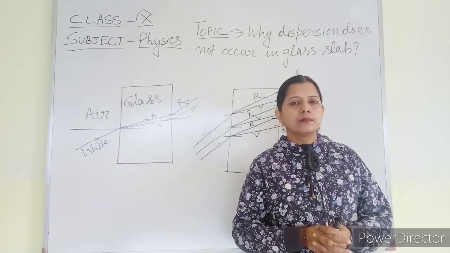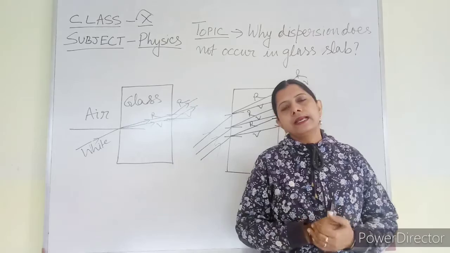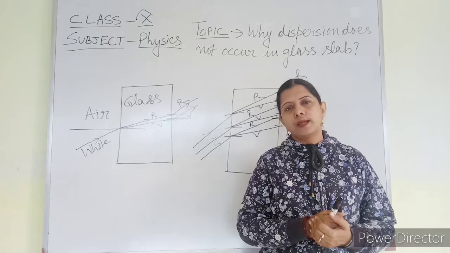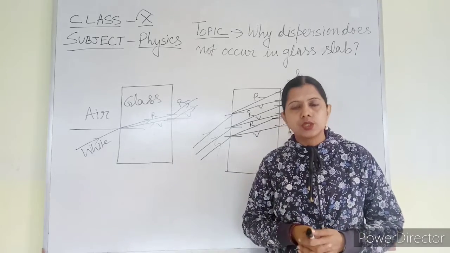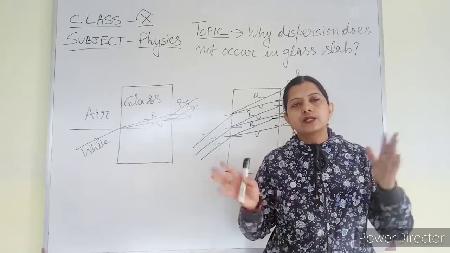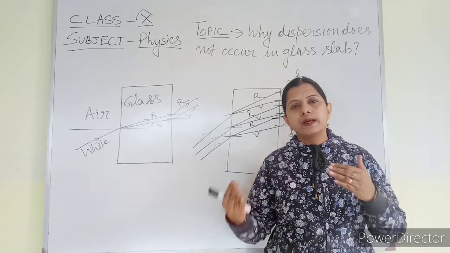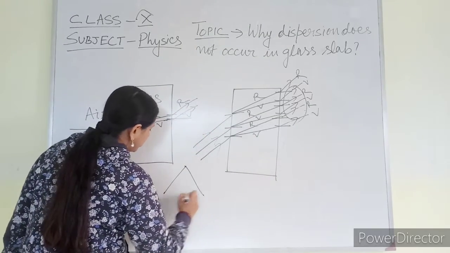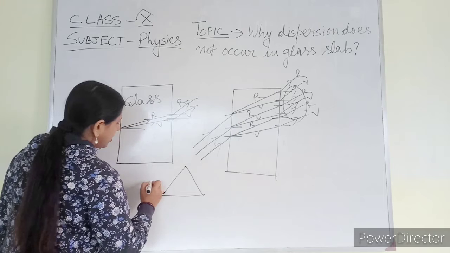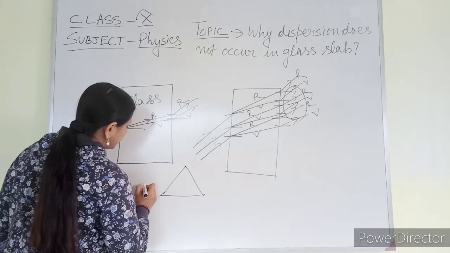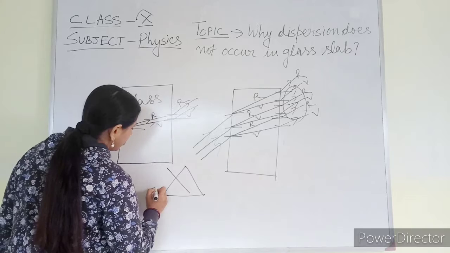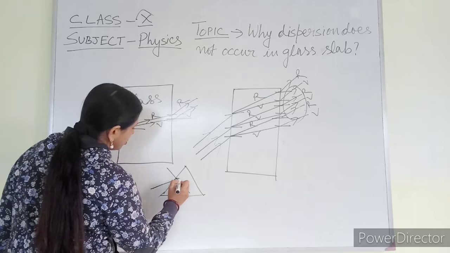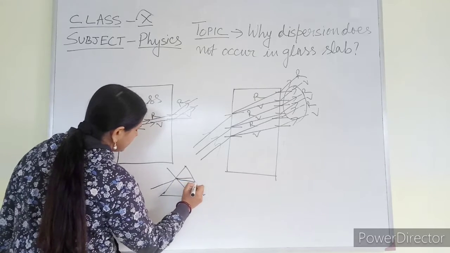In case of a prism, the rays are going to split like this, not parallel to each other, they are going to spread in this way. As they are not parallel to each other, they are spreading. That's why there the spectrum is visible and we are getting the minimum distance. Suppose I am drawing the prism here. Okay, this is the prism. White light is entering. Normal is this one. White light is entering. Then here the splitting is occurring. So this one is red, this one is violet.